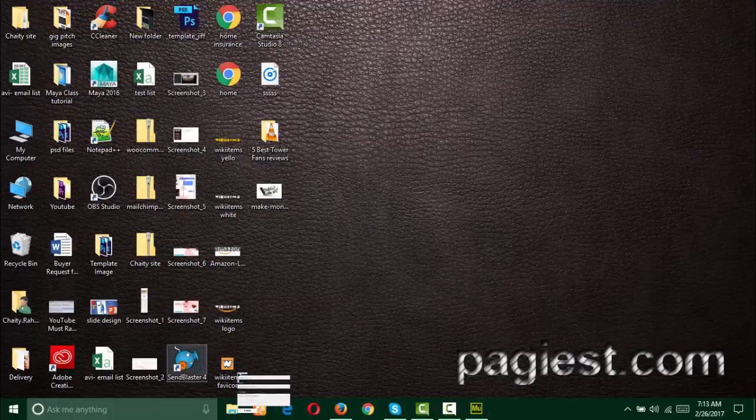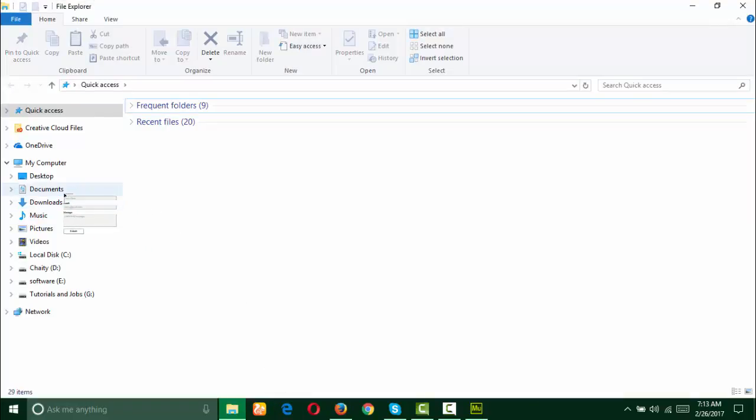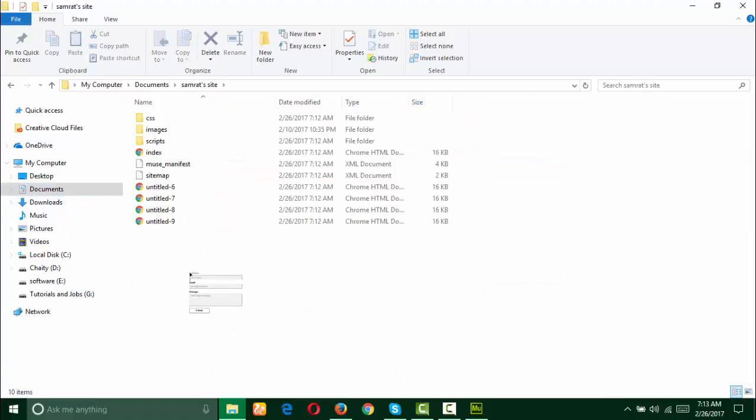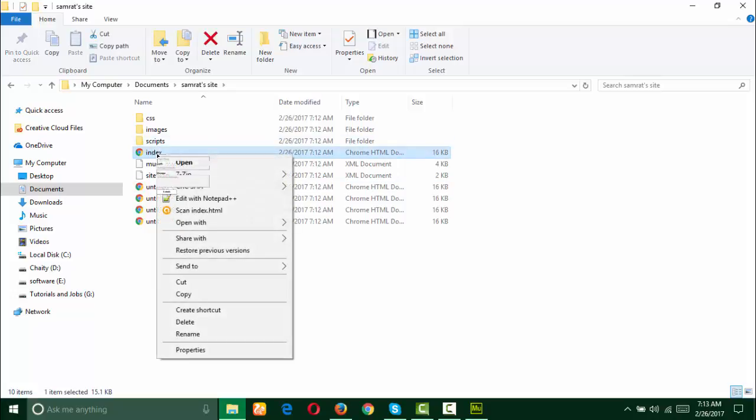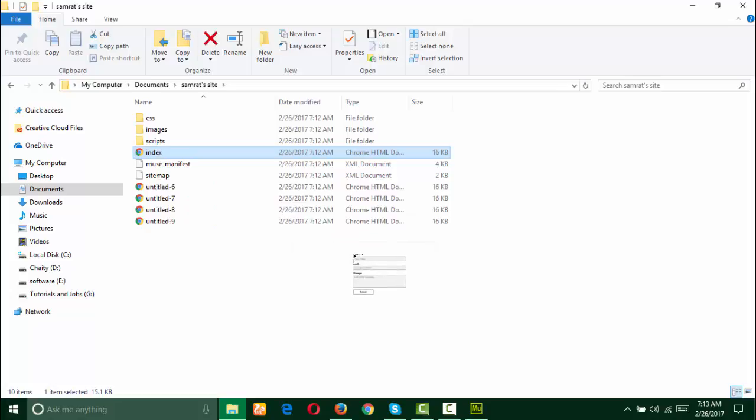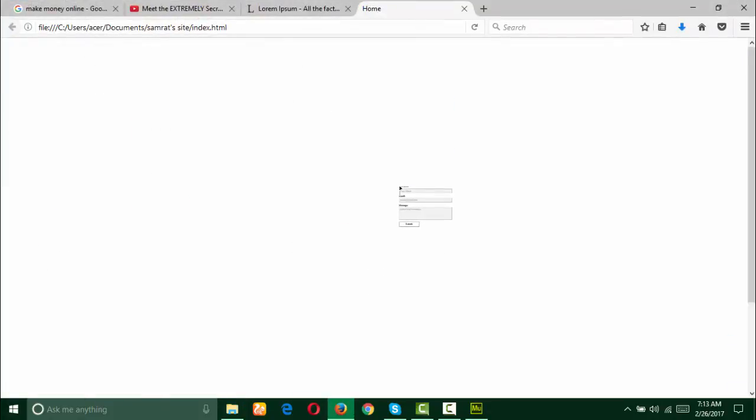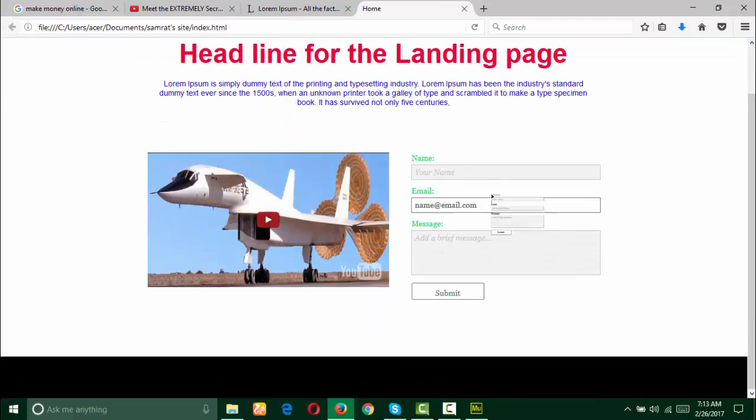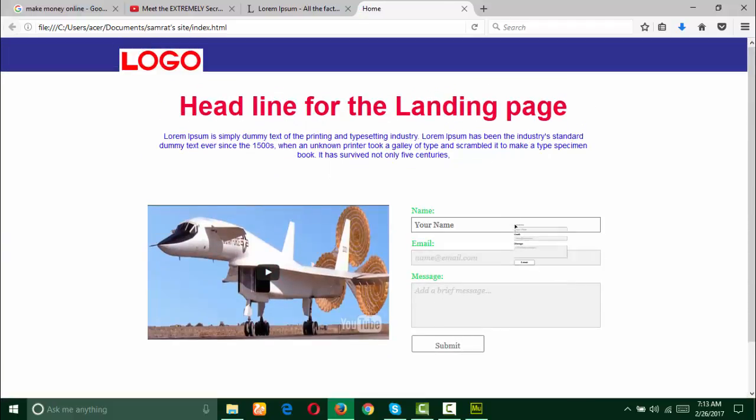And let's go to the documents of our computer, as this site is saved in Shamrat's site. So here you should notice, click on open with Firefox, as Firefox is already open, it will come up with this. Boom. So this is our perfectly designed landing page. Without any coding knowledge, we just designed our